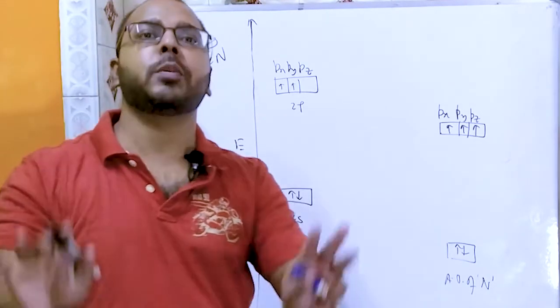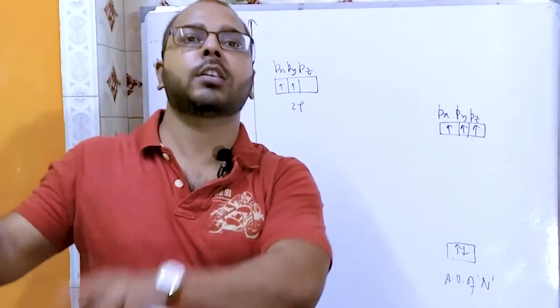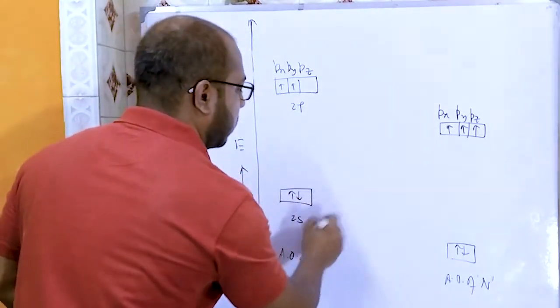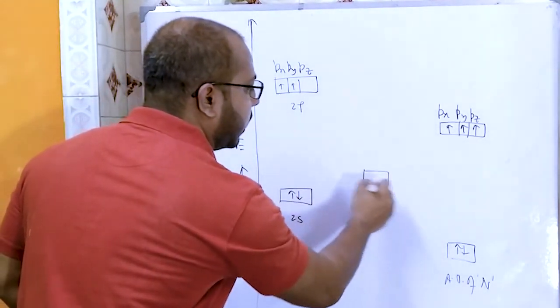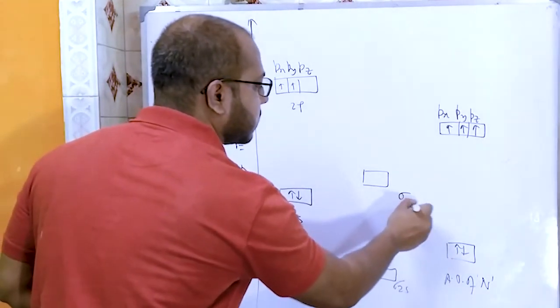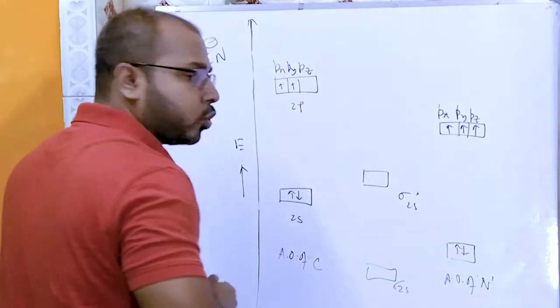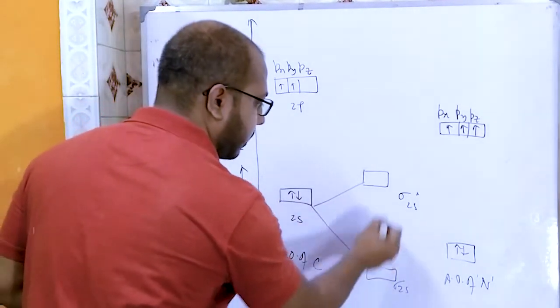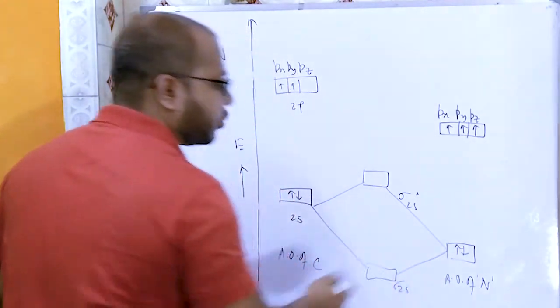That means again sp mixing will be there like our nitrogen, like our CO. So bonding, anti-bonding, sigma 2s, sigma 2s star,